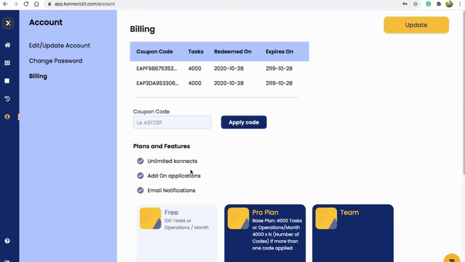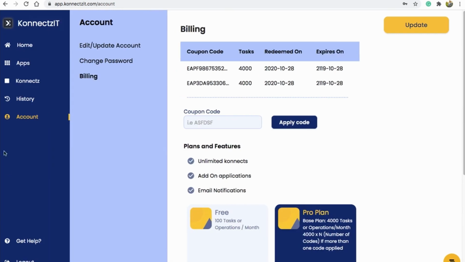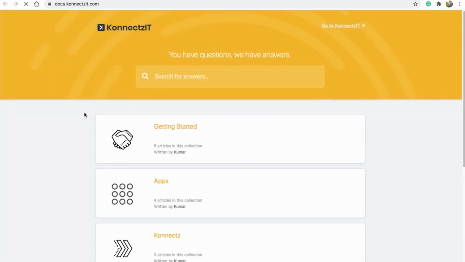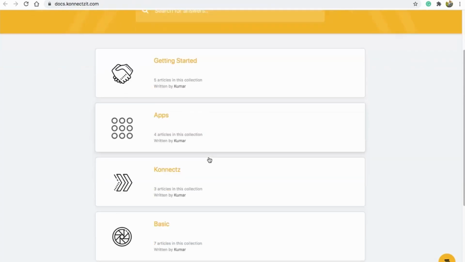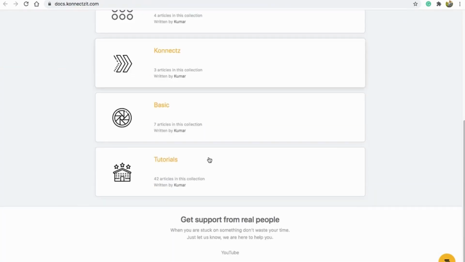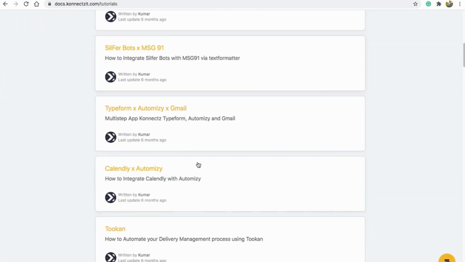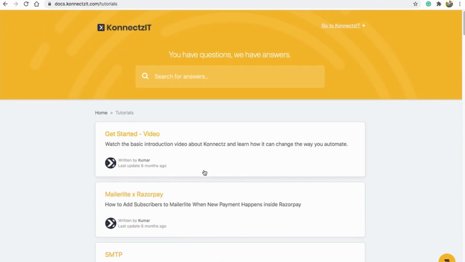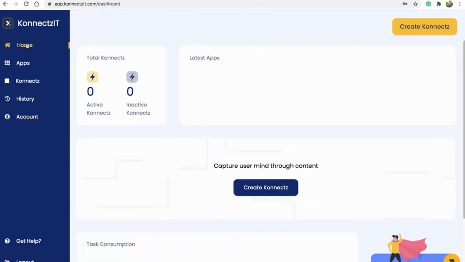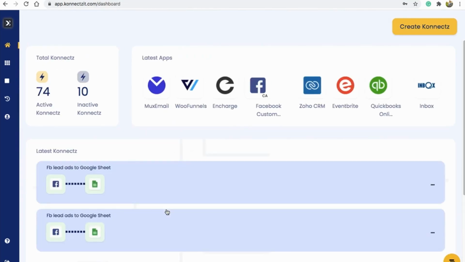All this happens inside our account tab. And when it comes to help, we have our own docs page. When you click on that, it will redirect to the docs, where you can see all our knowledge base and all the tutorials. You can choose tutorials from different types of tutorials and different types of use cases with videos as well. So you can always go ahead with our knowledge base on the docs and get your help.